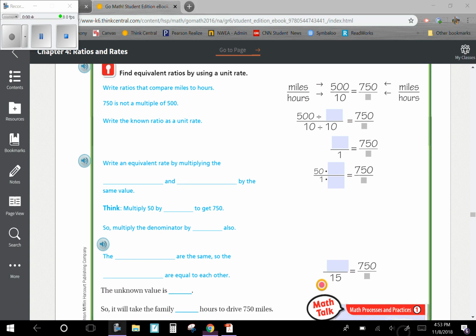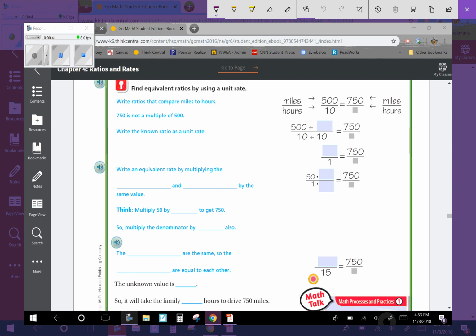So looking at this problem, we know that they drove 500 miles in 10 hours. We're trying to figure out how many hours it will take them to drive 750. So we're going to write ratios that compare miles to hours. 750 is not a multiple of 500, so now we're going to have to write it as a unit rate. If it was a multiple, we could just solve it that way, but instead, we're going to get it down